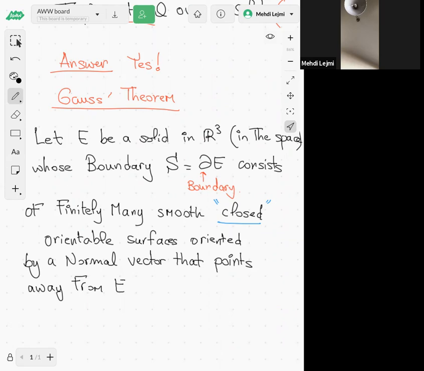I'm going to give you a couple of examples in a minute, guys. But let me just write down the theorem, the formula here. Let's say you have a vector field F. Let F be a vector field. Of course, the domain of this vector field includes the solid E. Okay, then